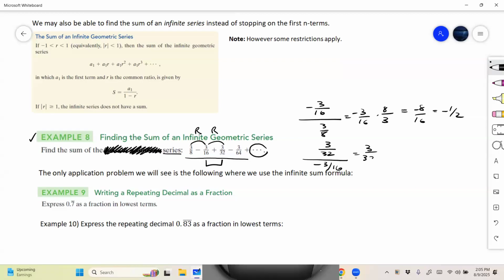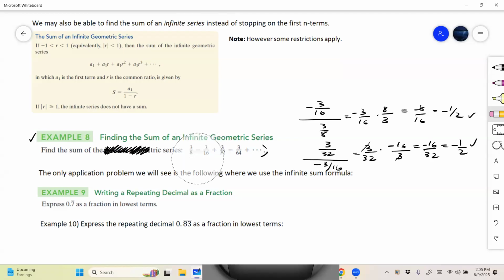So 3/32 times -16/3. The 3's again cancel. -16/32 is -1/2. So they're both the same, which means that this is a geometric series according to the problem,